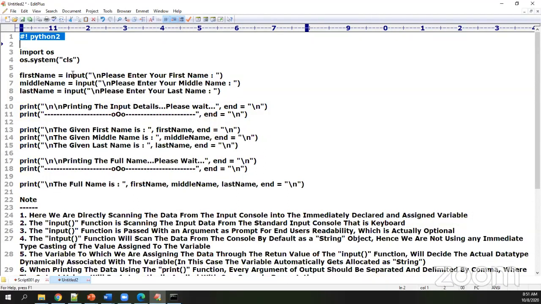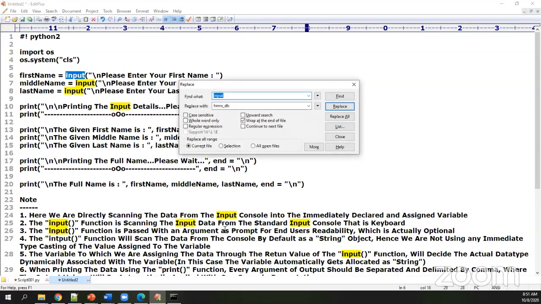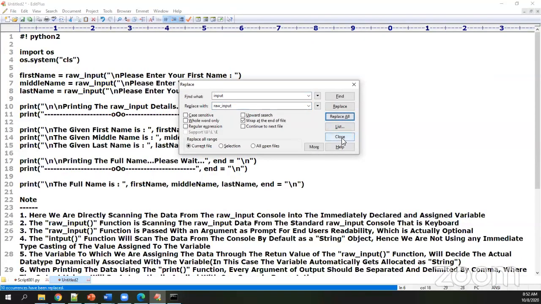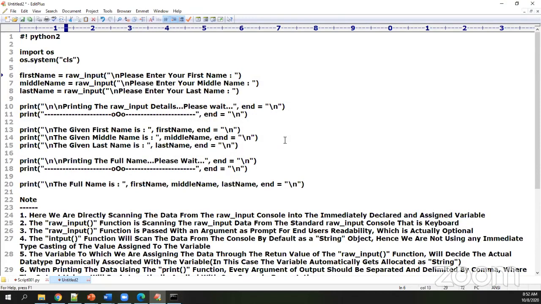This input, what you're having here, I'm not having the second version installed on my machine, but I'm just trying to show you. This input you'll keep as raw input. Are you getting me?